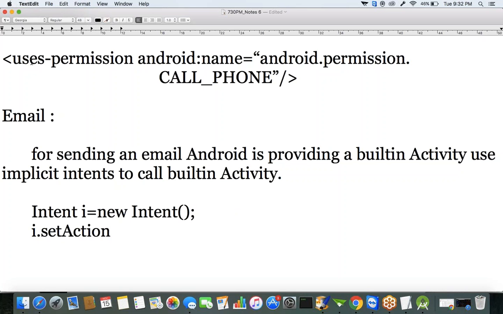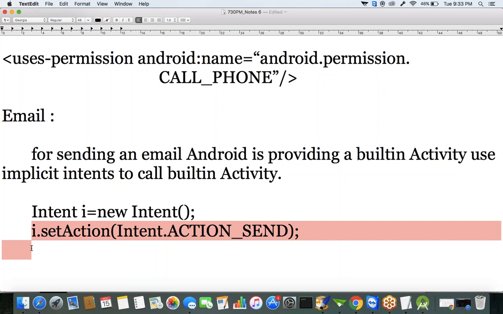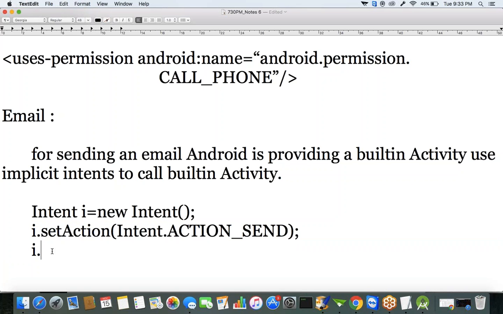Intent object dot setAction is a method. Intent dot ACTION_SEND is for sending an email. Intent i is equal to new Intent, then i dot setAction of Intent dot ACTION_SEND. This activity is used for sending an email. Next, to whom you want to send an email, we have to specify that by using